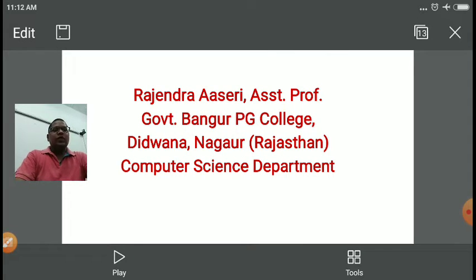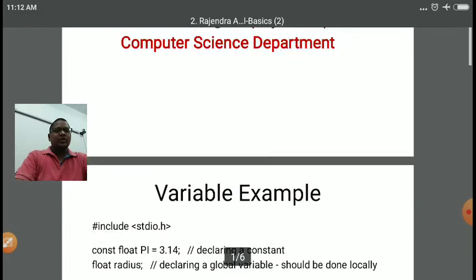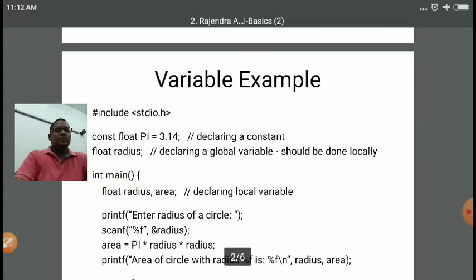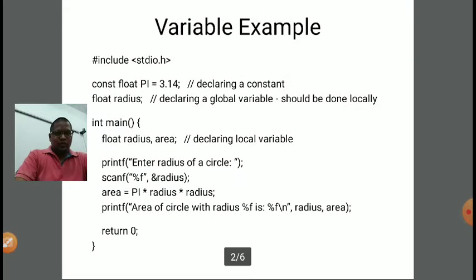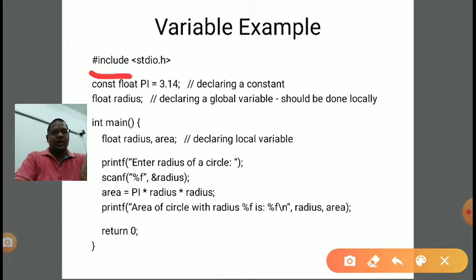Dear students, we are going to discuss some concepts about C programming. The first concept is variable. With the help of an example, we will understand how to use a variable in a C program. So if you look at the first line of the program, it is written as include